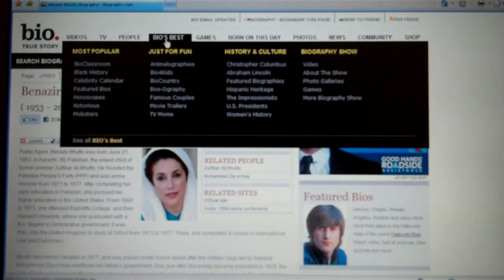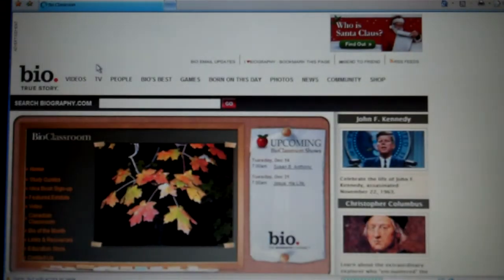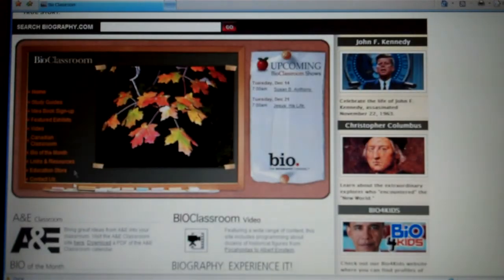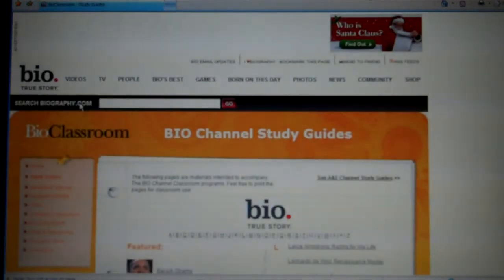It's the Bio Classroom, and that's accessible by going to Bio is Best, Bio Classroom, and it leads to a variety of study guides. If you go to Bio Classroom, click that. Computer's a little slow. And you'll see under Bio Classroom there's study guides. There's a variety of things worth taking a look at, but I'm going to show you the study guides today.